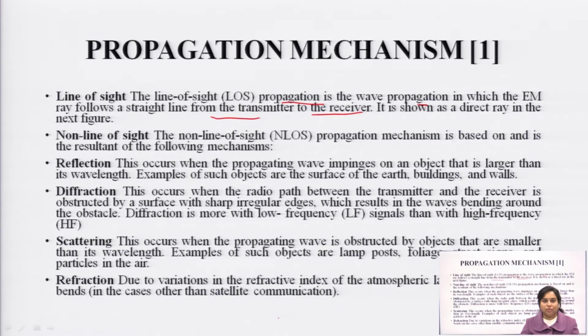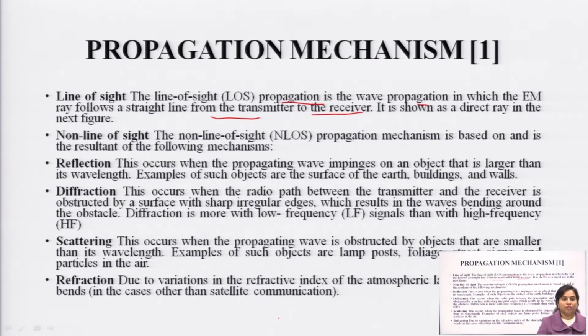So, what are the advantages of line of sight? When there is no intermediate hop between the transmitter and receiver, the strength of the signal is maintained until it is received at the receiver, and it will not degrade. And since the strength of the signal is maintained, there is no chance of retransmission being required, because there is no loss that reduces the energy of the signal or changes the characteristics of the signal.